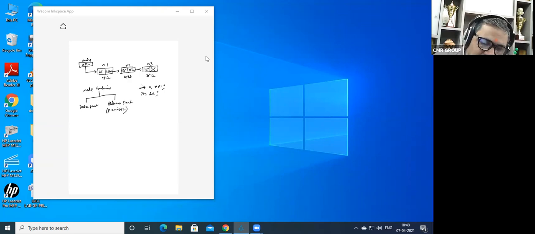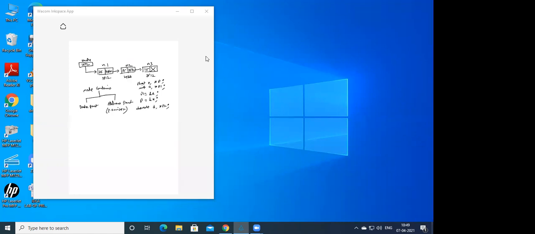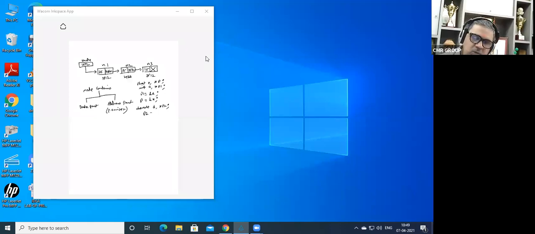For example, float x, star p: p can store the address of x. If I declare double d, star p2, then p2 is a pointer pointing towards the double data type. That means it can store the address of a double variable only, that is, p2 can store ampersand d. So this is what we have learned.